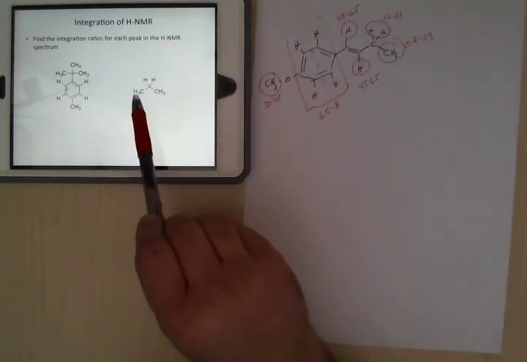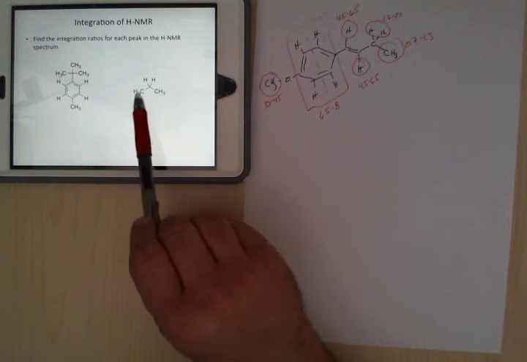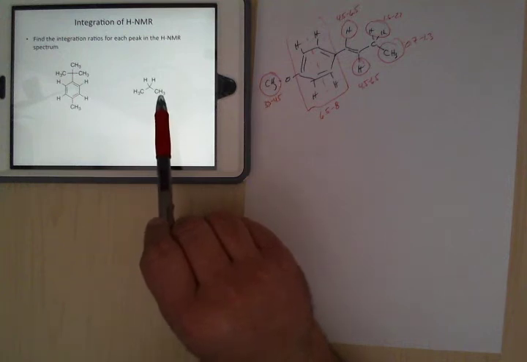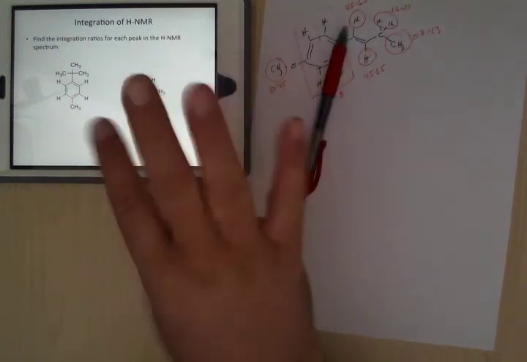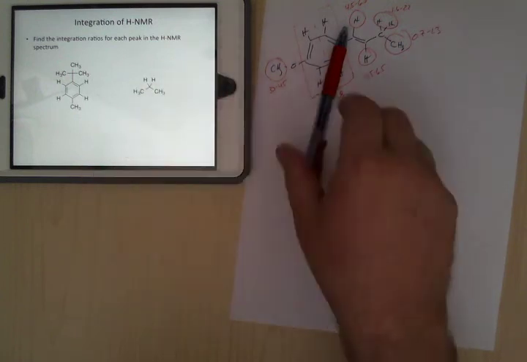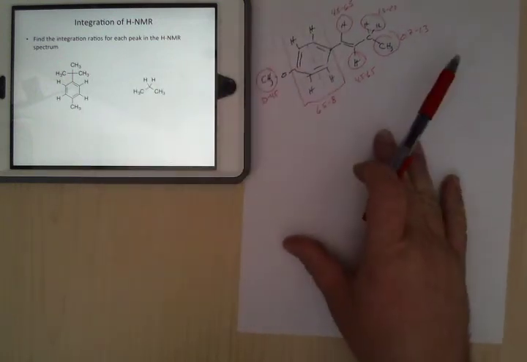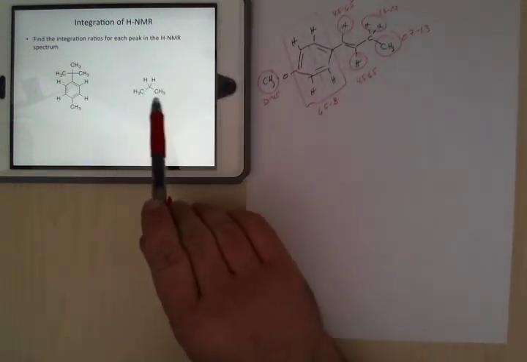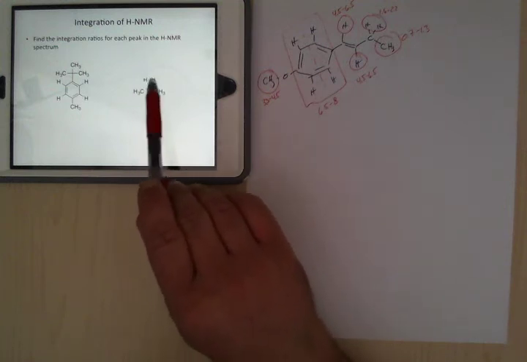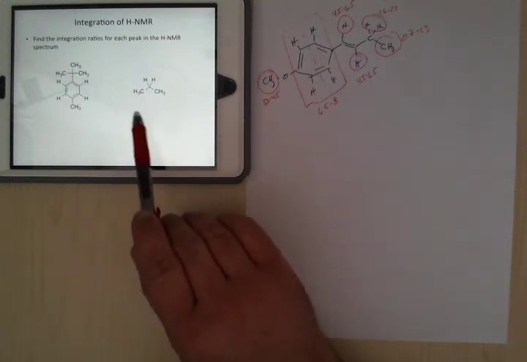These guys here are actually equivalent to each other, because you just flip the molecule. It's slow, but you have to flip the molecule. So what you would actually end up getting is a 6 carbon signal and a 6 hydrogen signal and a